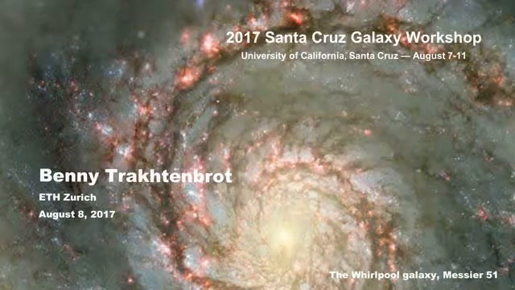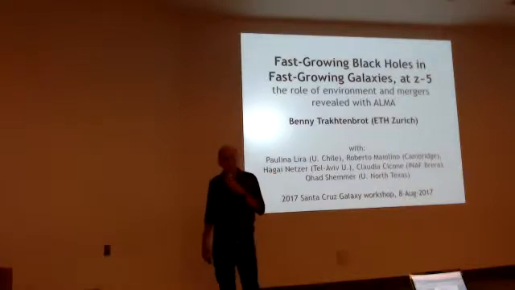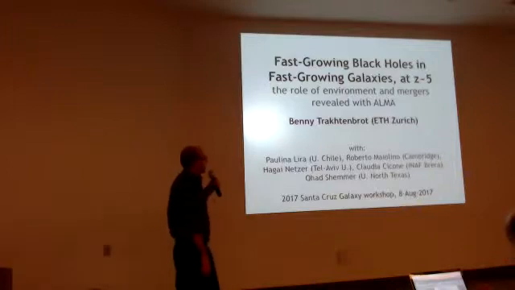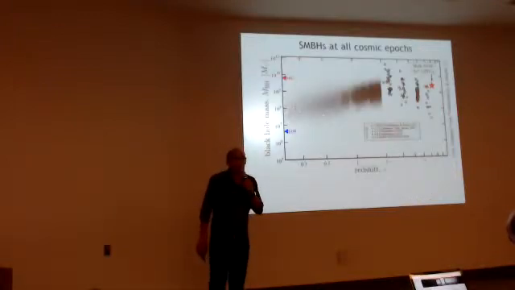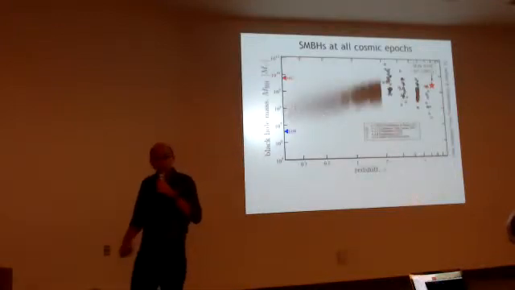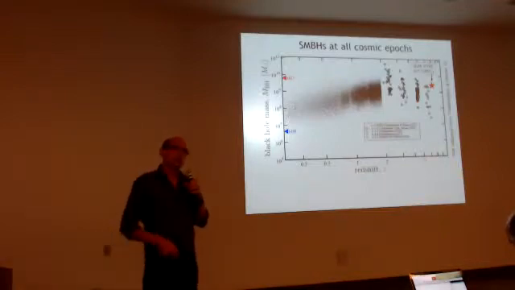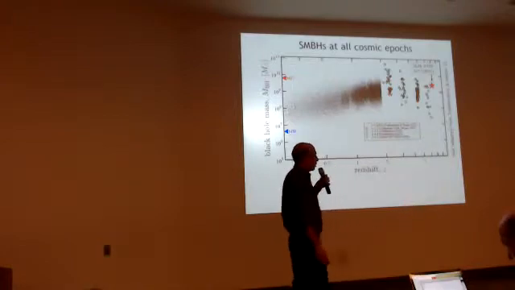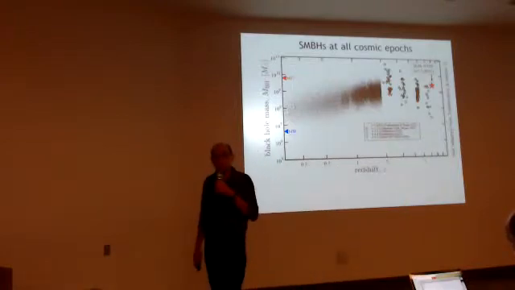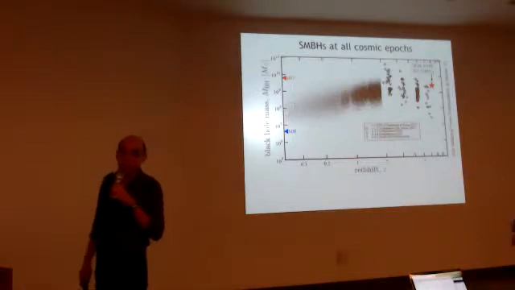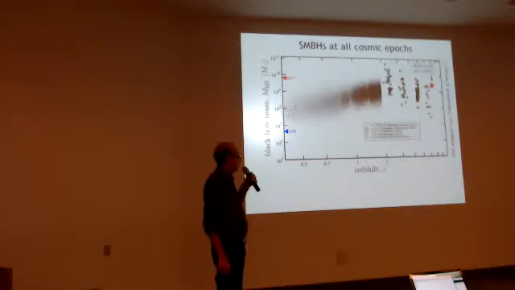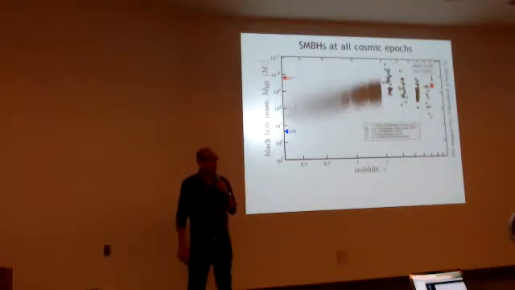...which tell us something about how the first generation of supermassive black holes came to be, and also how their host galaxies grew to catch up with their fast growth. Now, we've already heard a lot about how black holes destroy galaxy evolution and all the problems they cause to your galaxies. But looking at this picture, we also realize supermassive black holes have feelings too, and they have their own issues to solve. Specifically, focusing on the very high redshift universe, which I mean redshifts 5 and beyond, we